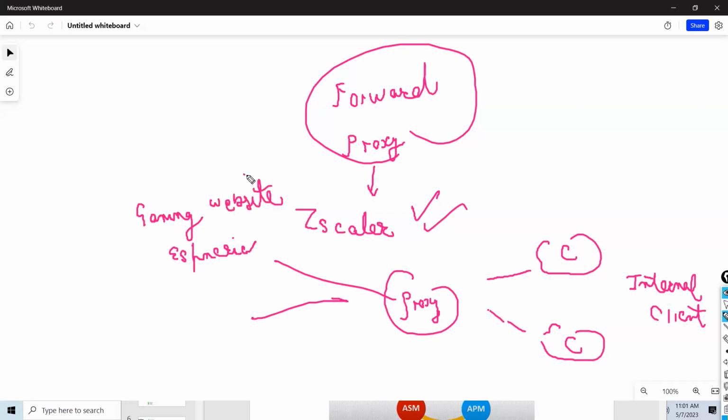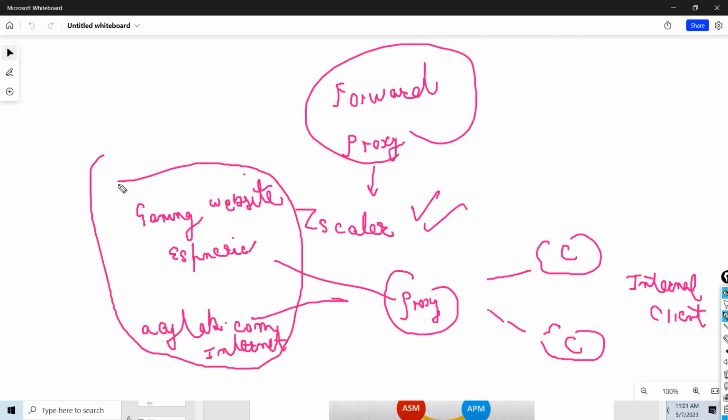I want to access a newspaper website, aajtak.com. So those are all applications hosted over the internet in this case. So the request will go from here, the opposite way. In a reverse proxy, it was coming from an external client, then F5 was forwarding to the internal server. Now the internal client wants to access an internet application.